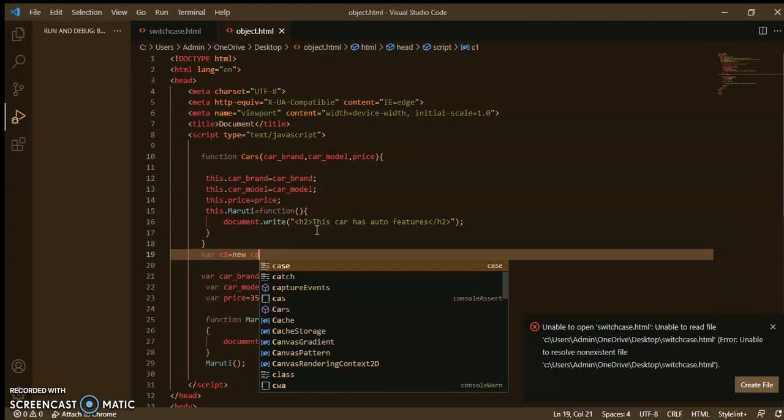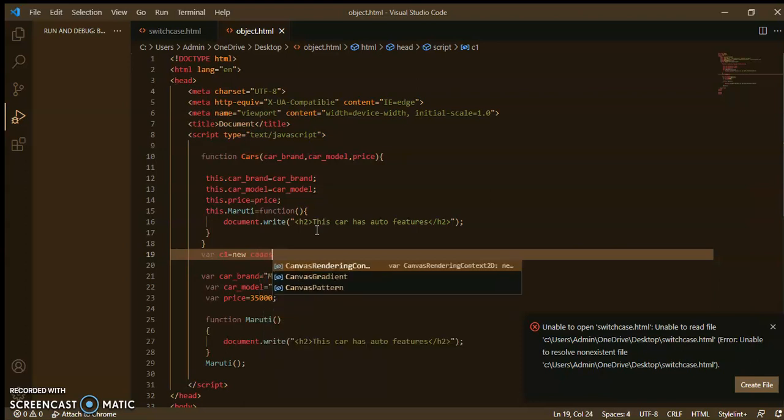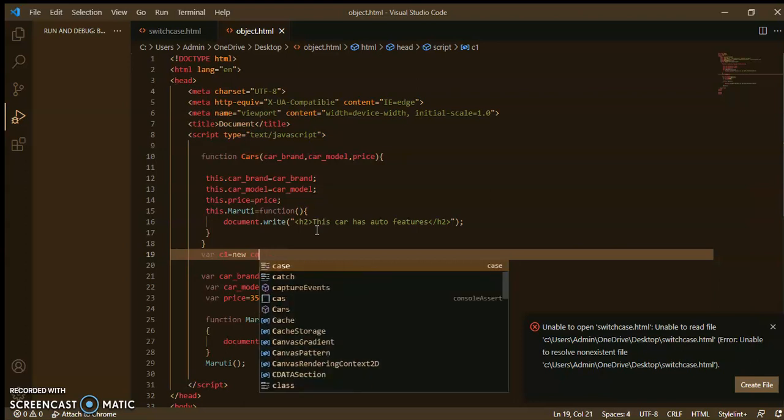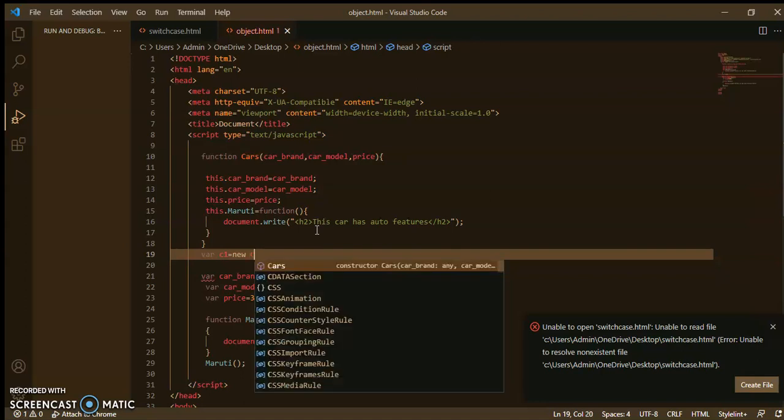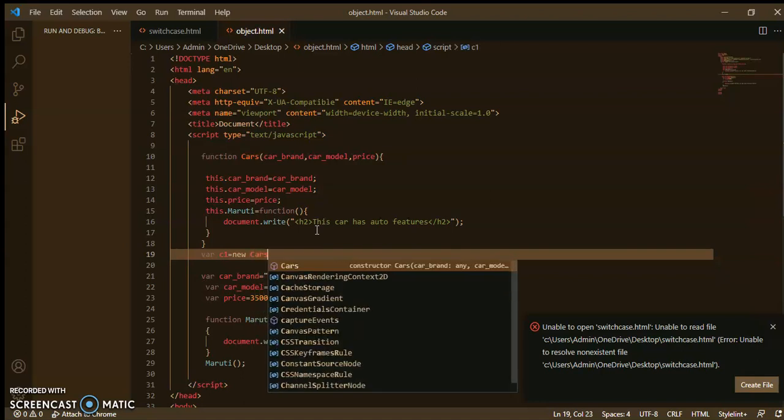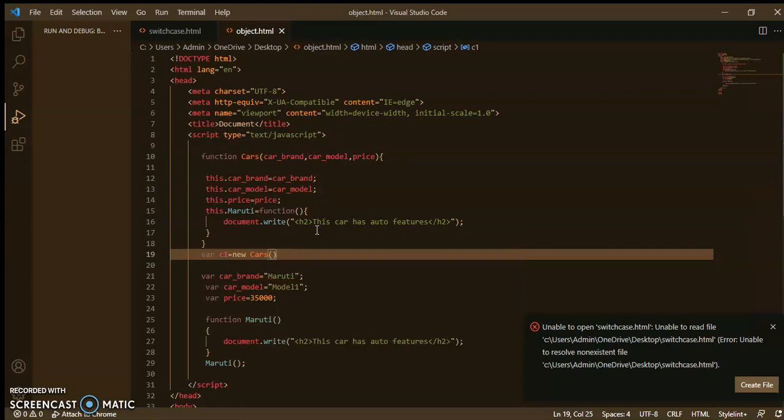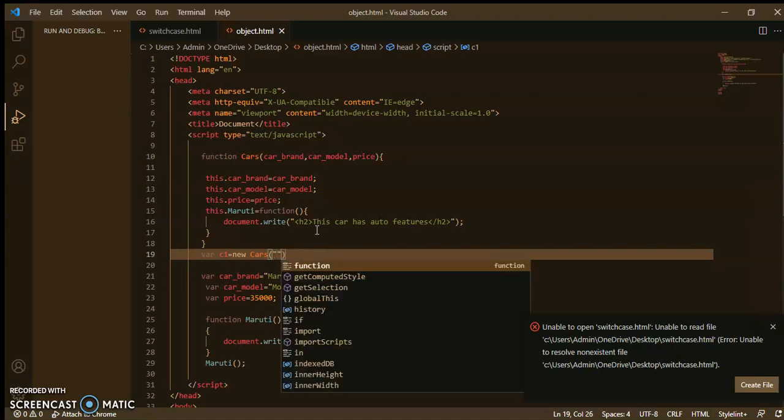What is the constructor name? Cars. Okay, variable c1 equal to new Cars, and inside of that you will pass the values of the parameters. Okay,